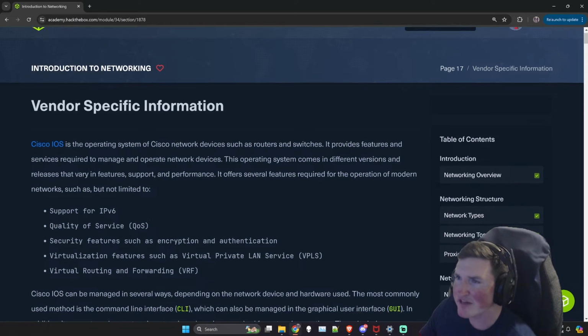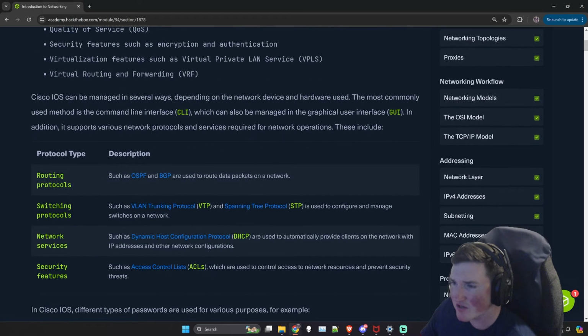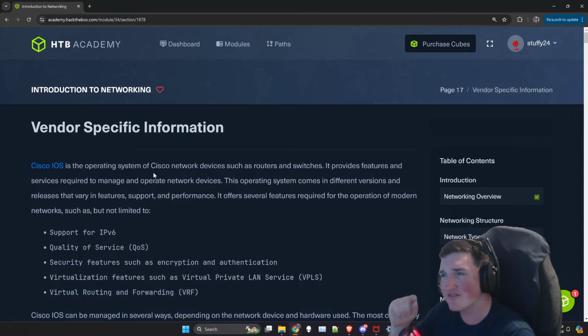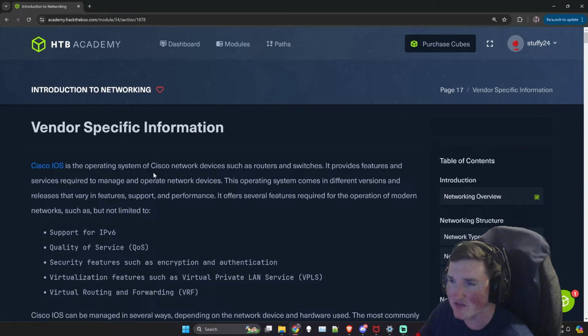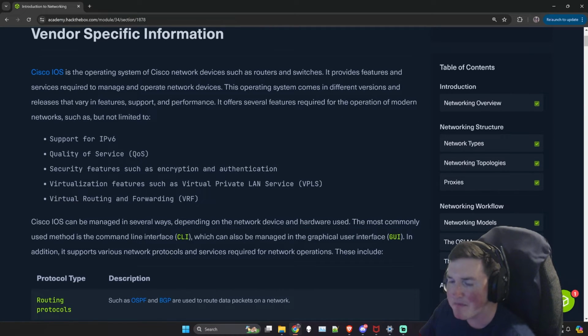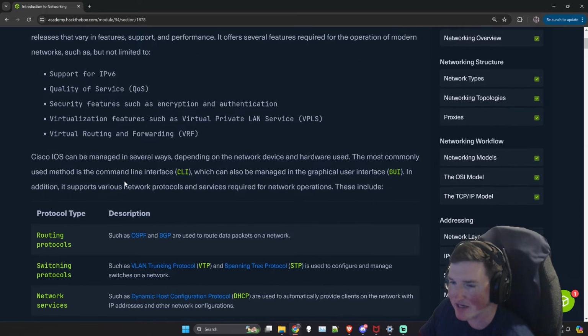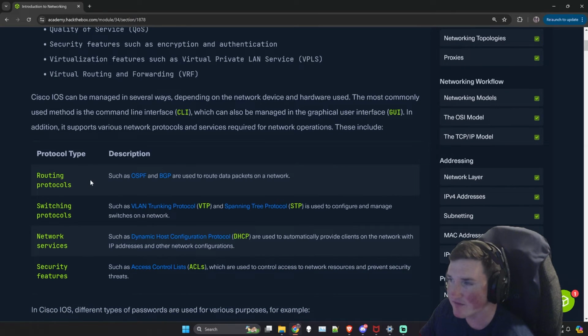Okay. Now, vendor-specific information. I'm not going to read this to you guys because you guys can read. But what they're saying is this is true, not just network fundamentals and everything. Vendors do have some specific things, right? And you have to be aware of them. Some of the big players, right? Cisco's a big player in networking, if not the biggest, right? Here's some of the things that they use, right?